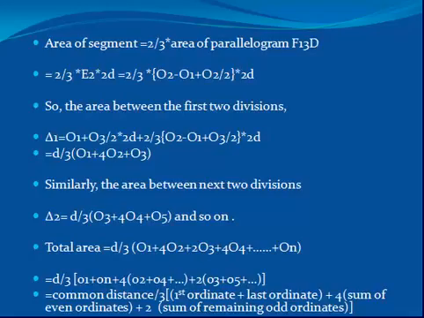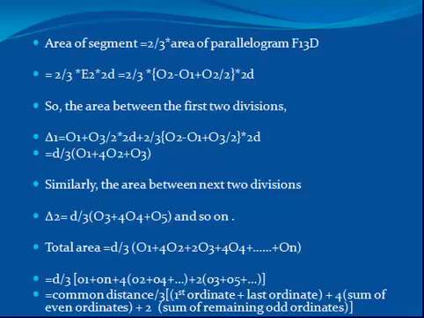and the total area of the figure comes out to be D by 3 into O1 plus 4 times O2 plus O3. Similarly, the area between the next two divisions can be calculated, and the total area by the Simpson's formula comes out to be D by 3 into O1 plus 4 times O2 plus 2 times O3 plus 4 times O4 plus 2 times O5 and so on, which on simplification becomes D by 3 into O1 plus On plus 4 times O2 plus O4 plus O6 and so on, plus 2 times O3 plus O5 plus O7 and so